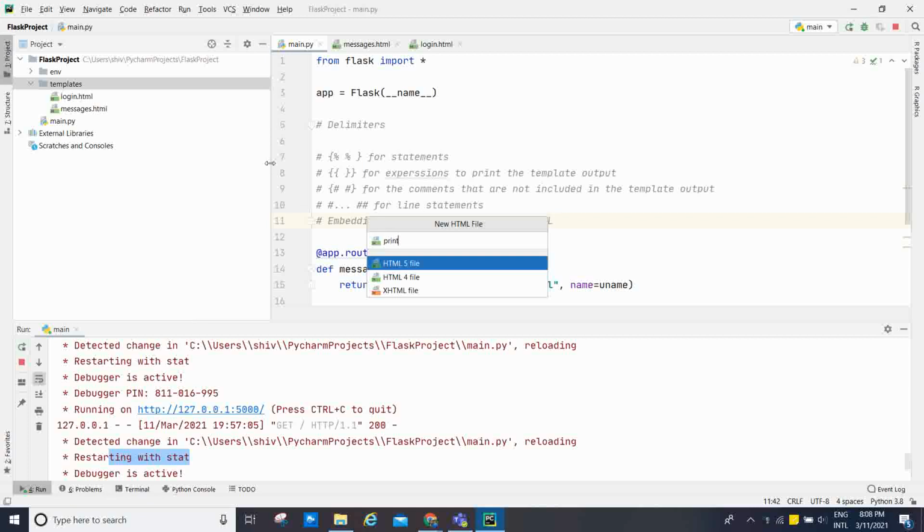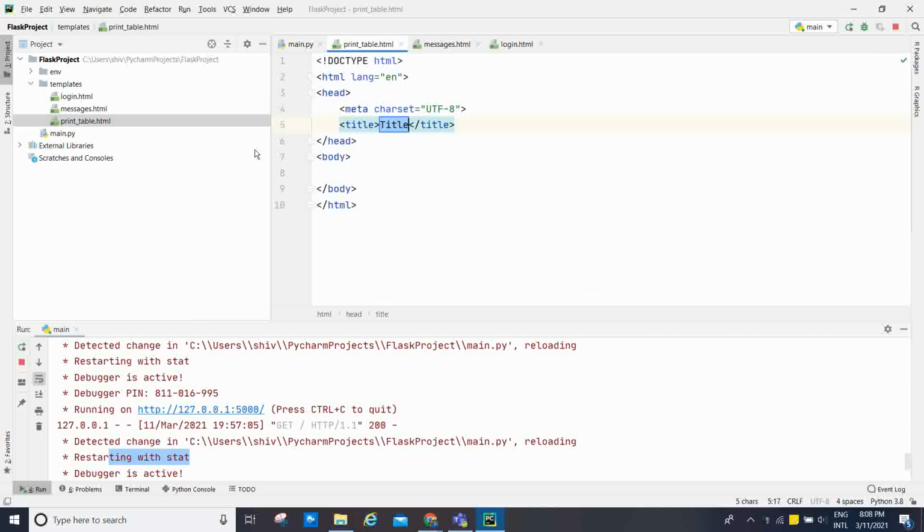Now I am going to create one more file, print_table.html. I'm going to use h2, printing table of n, which will come from the function itself.